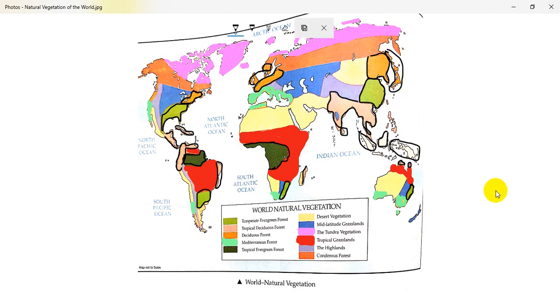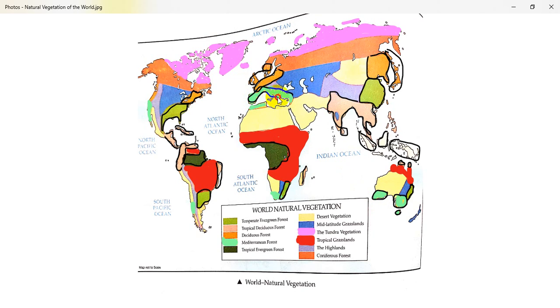Next, we will move to the Mediterranean forest. You can see it is there in the southern fringes of Australia, Tasmania, and even southwest Australia. It is there in the entire area encircling the Mediterranean Sea.